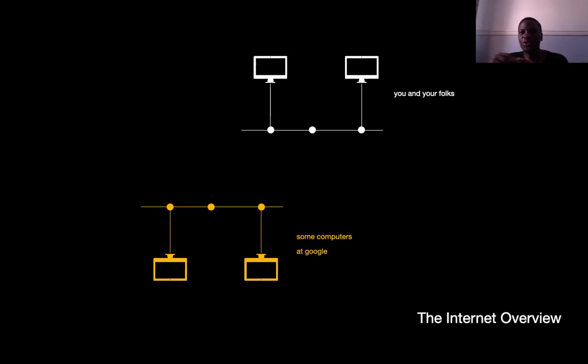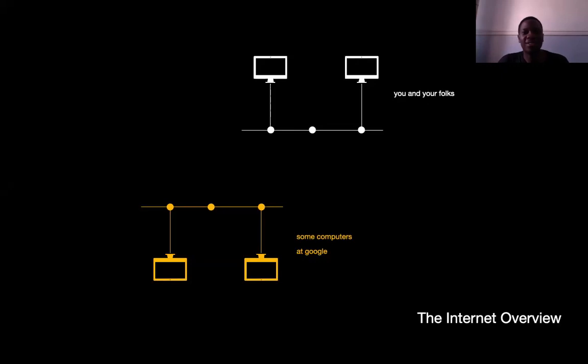And you and your siblings now want to get the information that the people at Google are also sharing. But then you realize that there is no link between both of you. There is nothing connecting the two of you together. You can get data from your sibling because both of you are already connected together, so you can easily share that information. But then the issue comes when you are trying to get information from, say, one of the computers at Google, and you don't know how to do that.